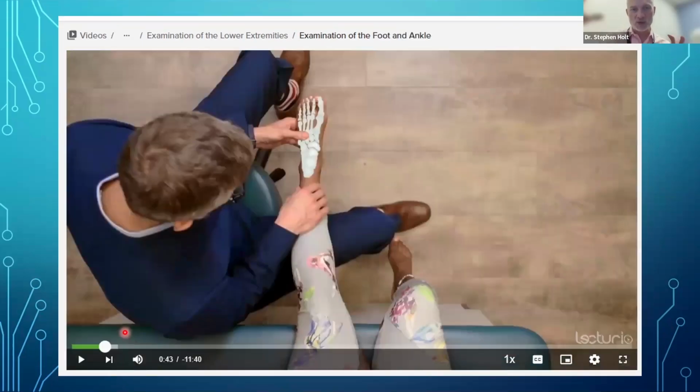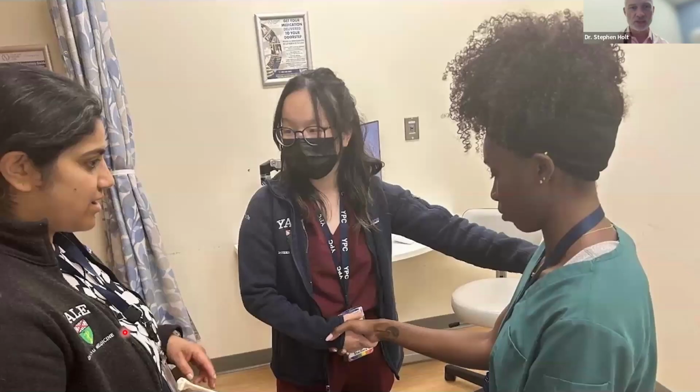And then Lecturio could add on, like you can see here, an actual skeletal model as I'm talking about metatarsalgia and where we're going to palpate in terms of assessing for plantar fasciitis, et cetera, et cetera. Or maybe I was talking about the anterior talofibular ligament here and ankle sprains. So this just completely galvanized my energy for this workshop series and allowed me to really take it to the next level. So this was YPC Musculoskeletal Workshop 3.0, and that's where we are today.